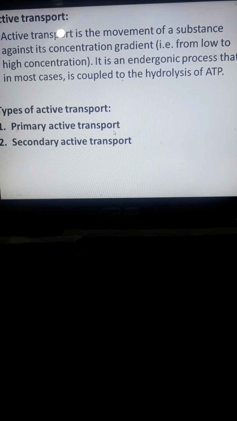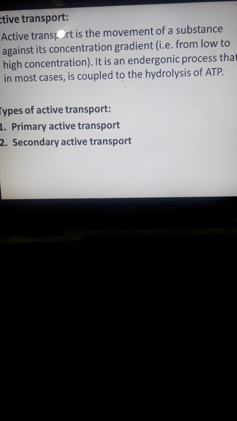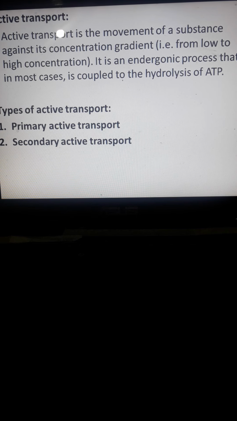Active transport is the movement of substance against the concentration gradient. When you say concentration gradient, that is against the solute. Usually the movement of active transport is from outside to inside of the cells. There is a higher concentration inside the cells because of the presence of different organelles. So from low to high concentration, it is an endergonic process wherein